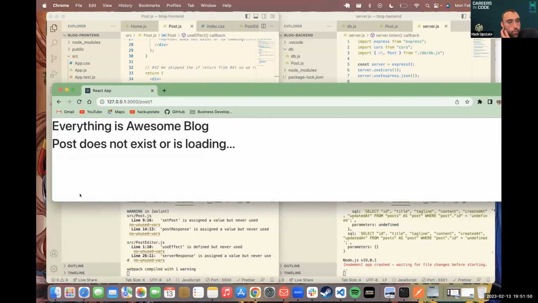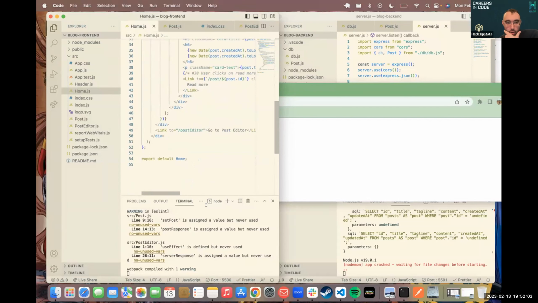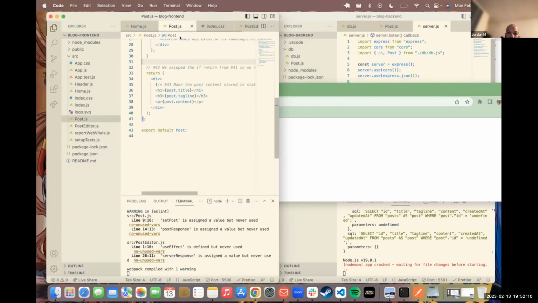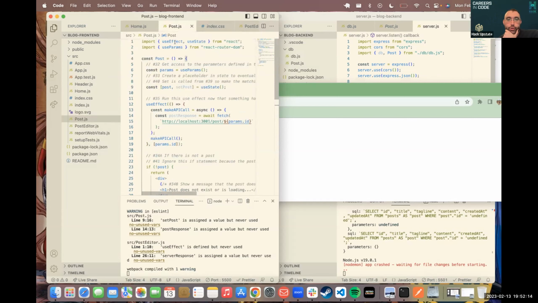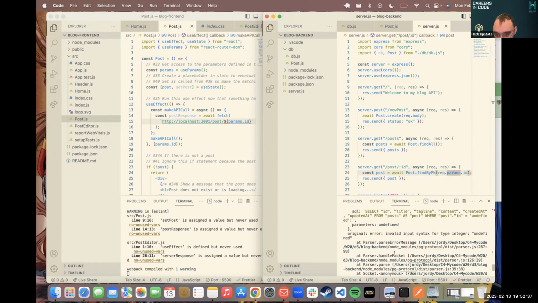Now when you click on read more, we're kind of there. We've got this post 1. Because we've got the 1 in the URL, that means our link is properly working right here. Then we start tracing that a little more. When the post loads, it does our fetch with the post response, and it uses the params.id. Now we go back over to your backend. From there, we use the post ID, find by ID, and we use the ID coming from the params. However, we crashed because